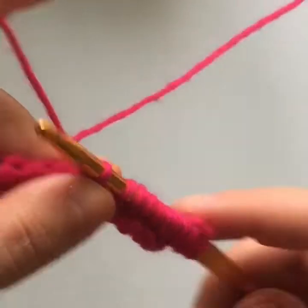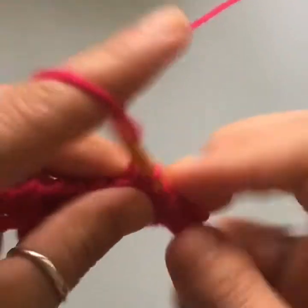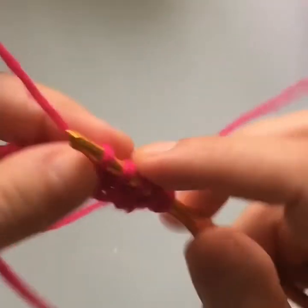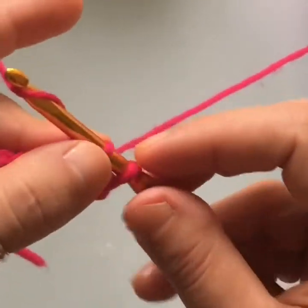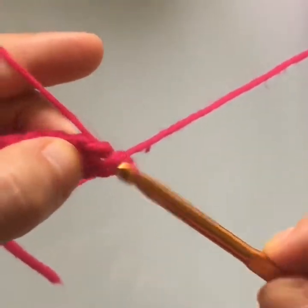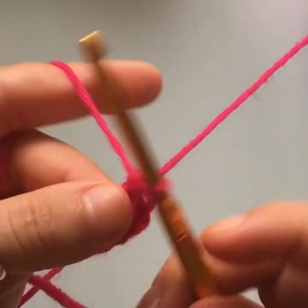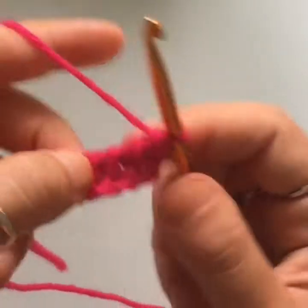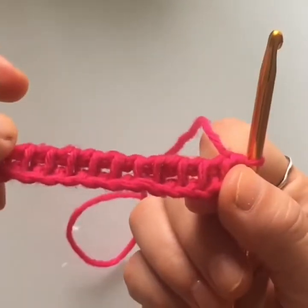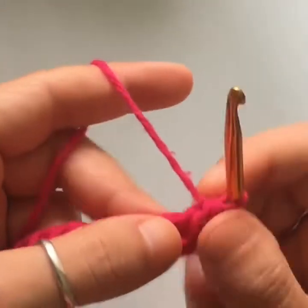So just to reiterate, the return pass is the same for every one of our rows of the brim. The only time it's going to change is going to be once we work the body of the hat. So for the brim, the return pass is exactly the same. So there we go. We have one loop left on our hook and we're ready to start. So the first thing we're going to do is one row of knit stitch. So your very first row is just one row of knit stitch,